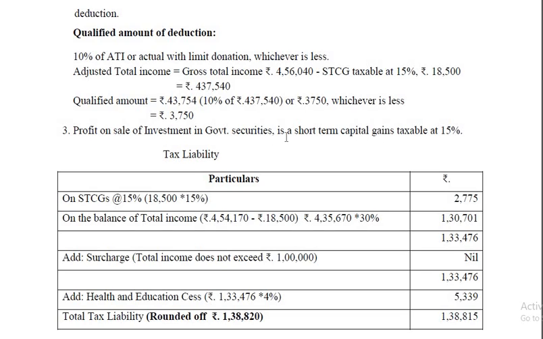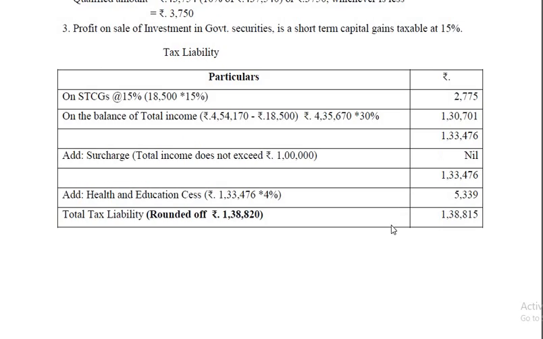Okay. Then profit on sale of investment in government securities is a short-term capital gain. That should not be exempt. That is short-term capital gains taxable at 15%. Alright, tax liability on short-term capital gains you have to apply special rate 15%. So that comes to 2,775. Then there is no long-term capital gain. There is no casual income like lottery income, etc. So the balance of the total income is